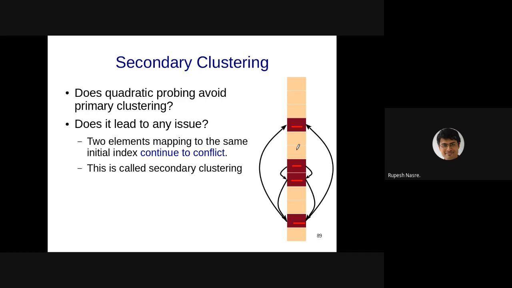Let's say that Sai Charan got inserted here, right? And let me make use of that horizontal line, and let's say Aniruddha got inserted here. They are two different strings, and interestingly they are mapping to different buckets, right? So I'm happy with that. Now Mrityunjay is getting hashed, and it gets hashed to the same bucket as Sai Charan. Since there is a conflict, and since we are not using chaining, it has to find an empty slot.